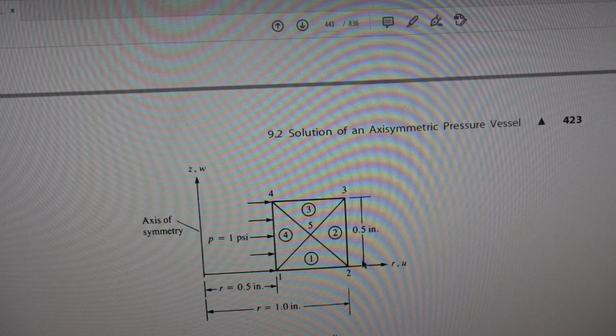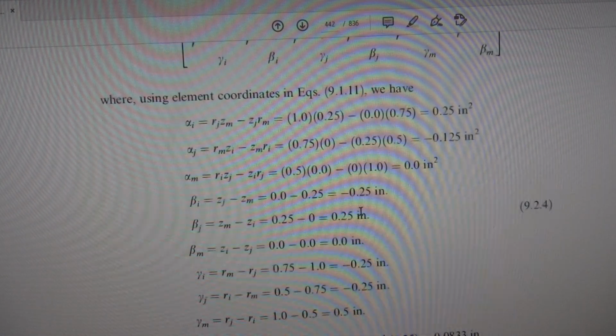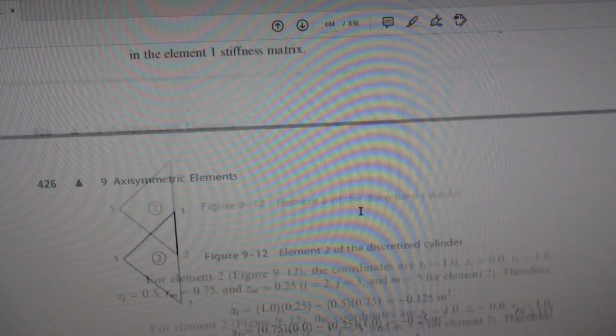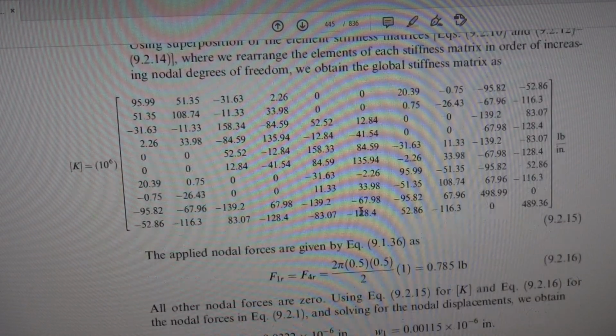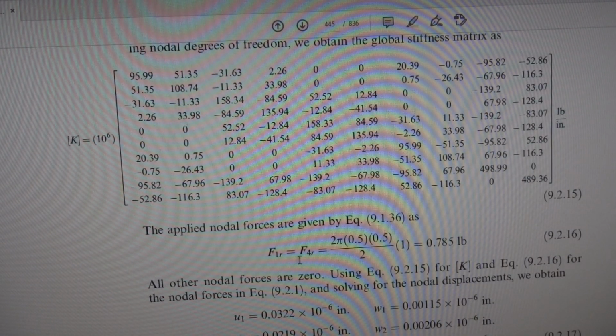This one is the 0.5 inch. So you will get F1R, F4R as 0.785 lb, and when you substitute these values and apply the boundary conditions, you